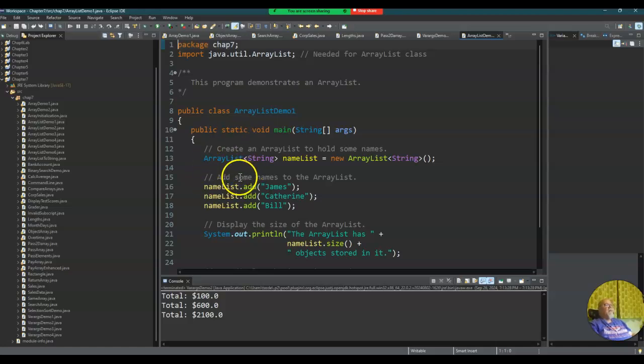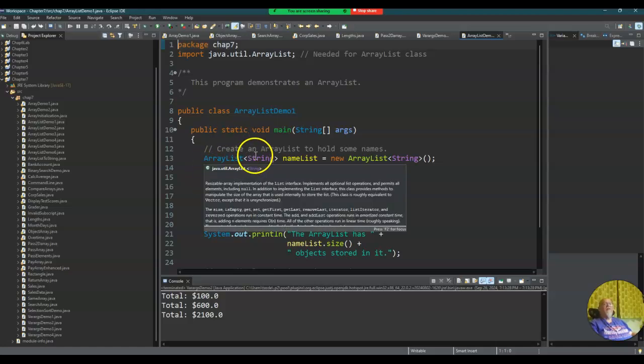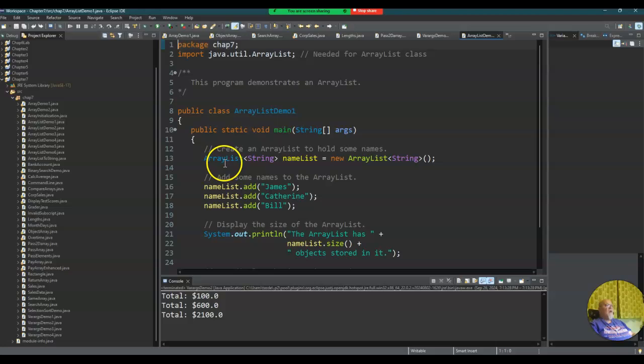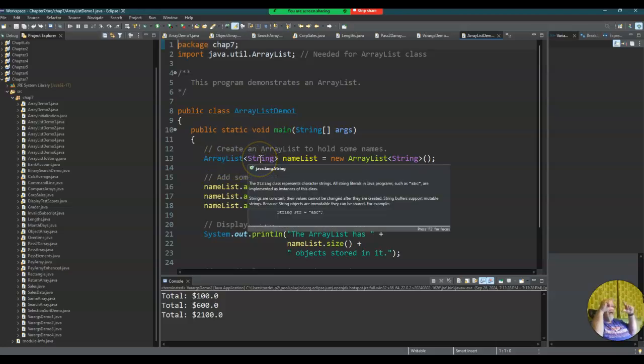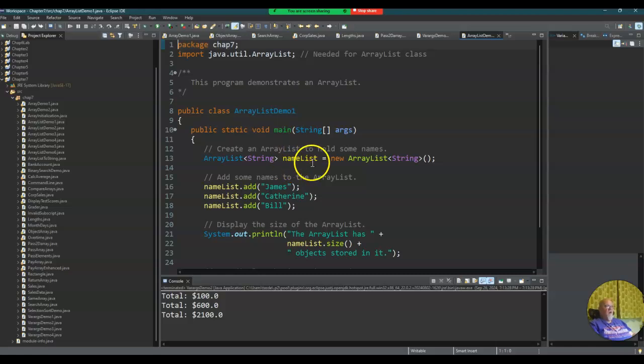Okay, so here I've got, this looks a lot better. Here I've got ArrayList<String>. The String is the data type, and we have to do that with the less than and greater than symbols. I'm going to create my nameList. It's a new ArrayList<String>, and we've got the left and right parentheses, which is basically our constructor. And I do namelist.add(James),